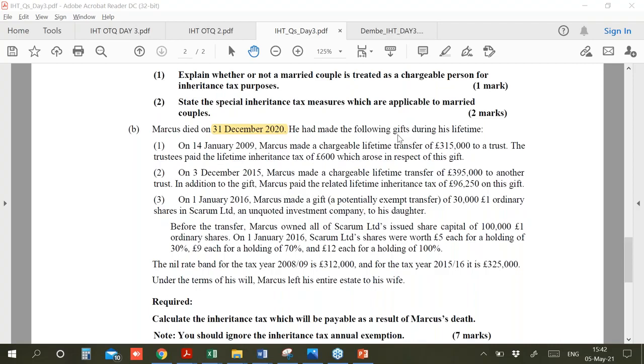70%. Okay, so the wealth before transfer was 100%, the wealth after transfer was 70%. And in terms of shares, it was 70,000 shares. So when we'll be calculating, we'll first take the value before transfer by multiplying the price for the 100% holding, then the price for the 70%. So let's start solving the question and see what the inheritance tax liability is.